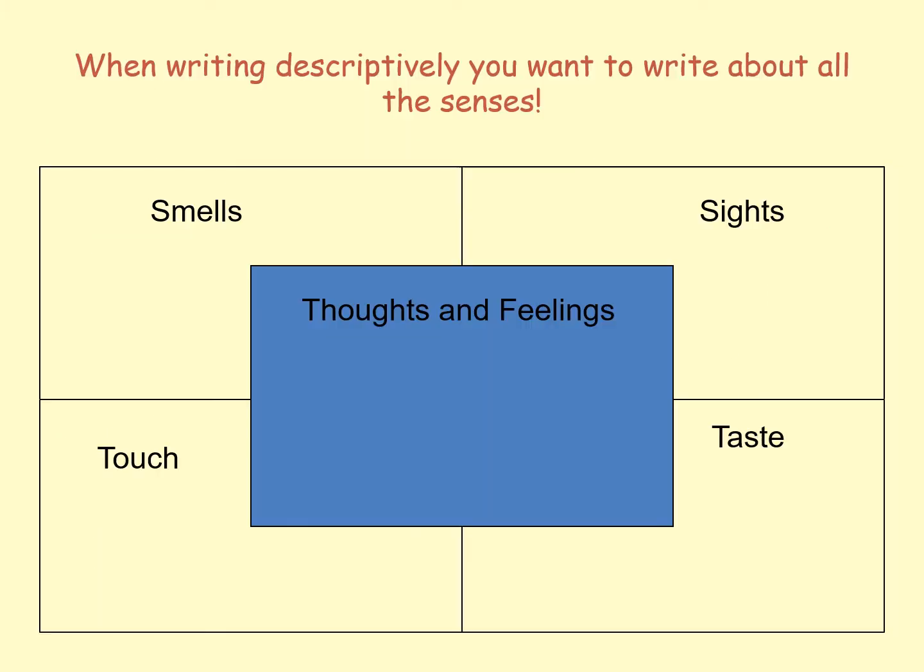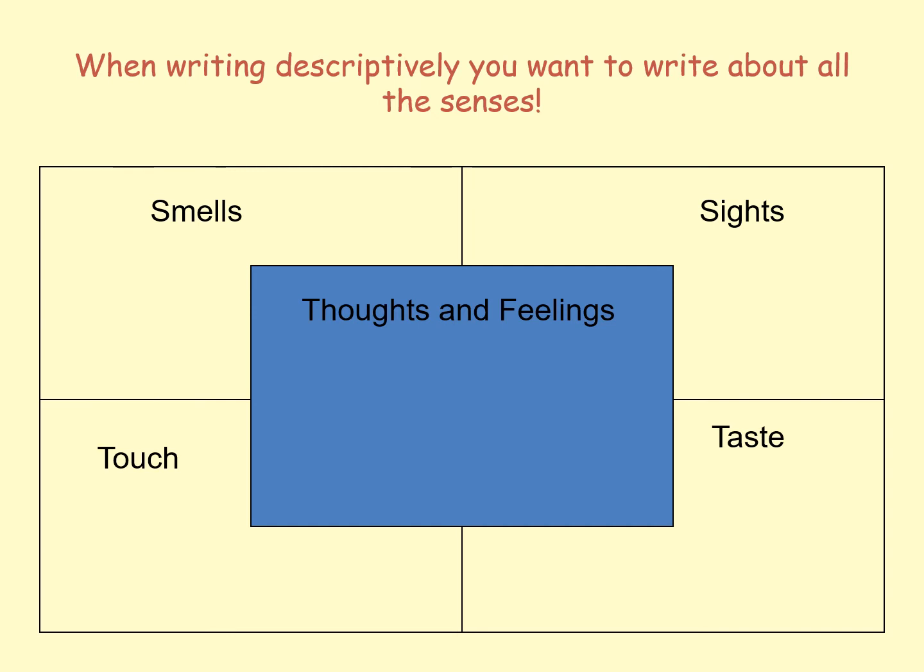The other thing which you want to think about when you're writing descriptively is when we go to a place, we use all of our senses. So I want you to really cover that when you are doing your writing. So think about, what are you feeling about a particular place? What are your thoughts going through your mind? What does the place smell like? So if you're on a sandy beach, what does it smell like? For example, if you're at the top of a cold mountain, what does it smell like? What kind of things can you see? What can you touch, for example? So what do things feel like? So if you're in a desert and you're touching a cactus, for example,